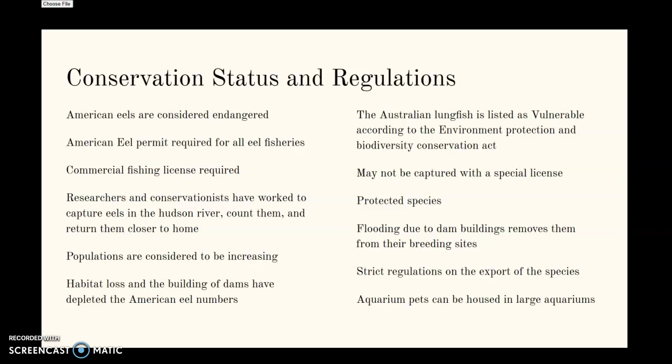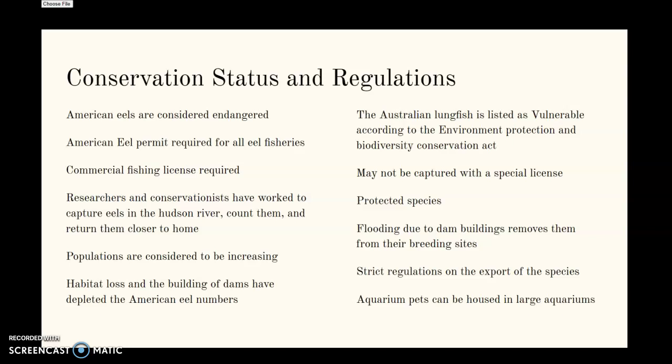If we look at the Australian lungfish, they're listed as vulnerable, but they're also extremely important to protect, as they are the link between the tetrapods and the fish, and we still don't have enough information as to how that all happens, so they are our one chance to figure it out. So they are actually not allowed to be captured without a special license. They are considered protected, and some of their